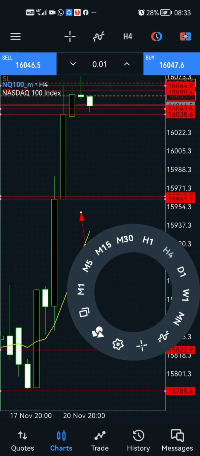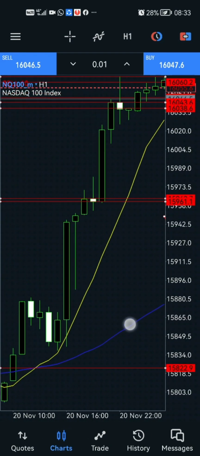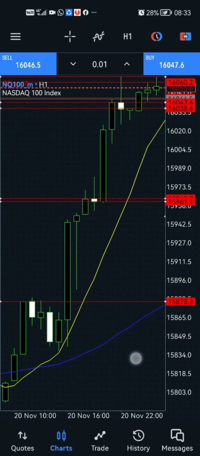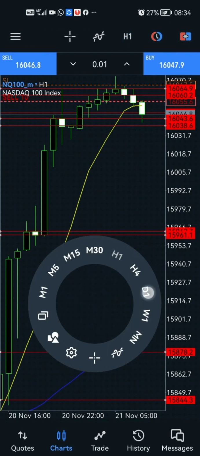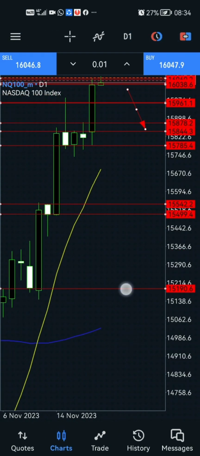Oh wait, let's keep it at H1. Should it break through, it will come down to this range. So this one is a slightly bigger one. So you just measure the top of the candlestick and the one on top, and then the last one at the bottom, measure the bottom level of that position. And yeah, so if we zoom out,